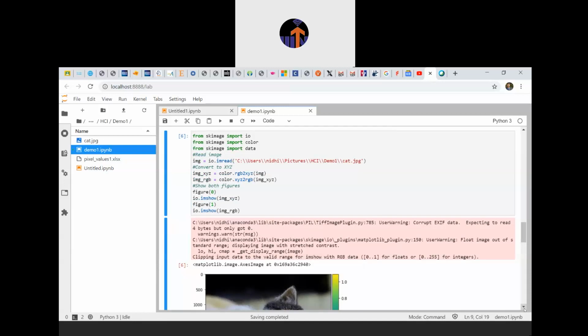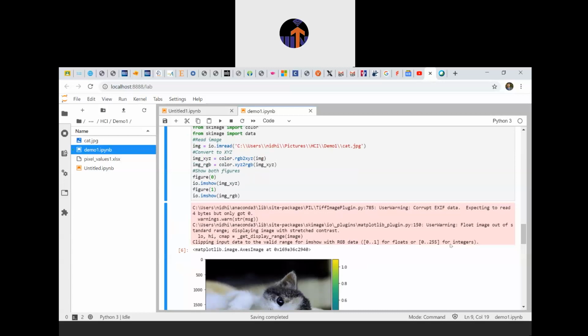And if you want to change the color space of your image into multiple dimensions, then you have to convert it into XYZ. So how to convert it into XYZ? There is a color package from skimage. You have to import color, and by using the dot operator you have to call the method color.rgb2xyz, that is red, green and blue to XYZ dimension, and inside this you have to pass the image object, this one.